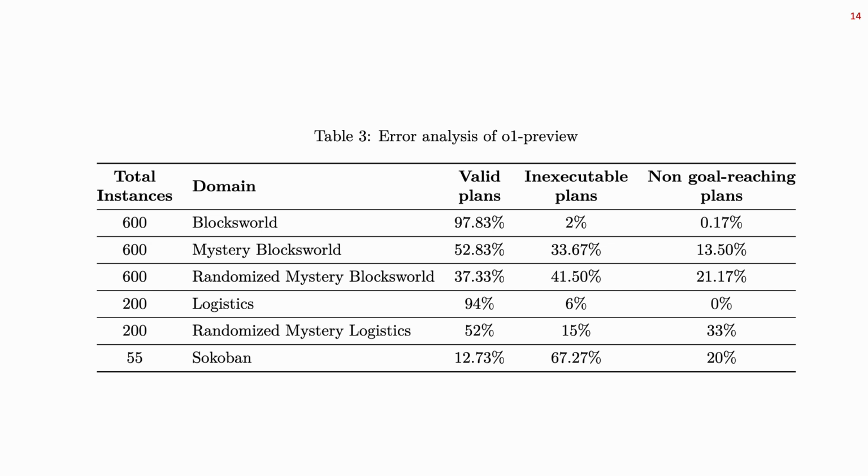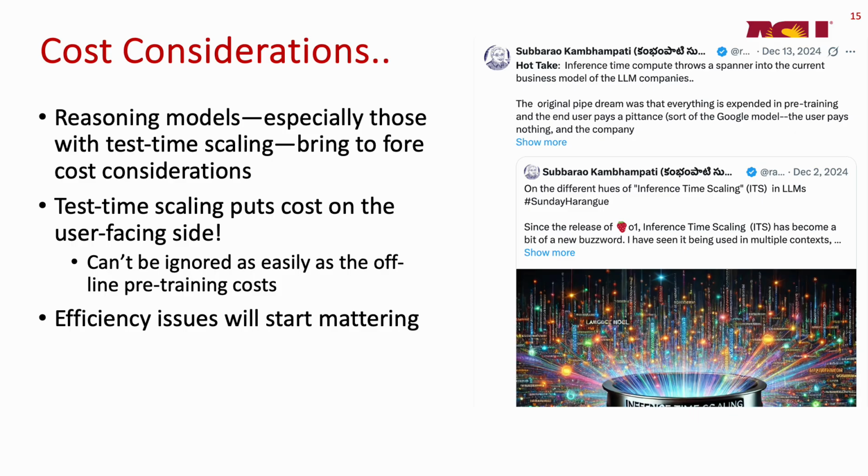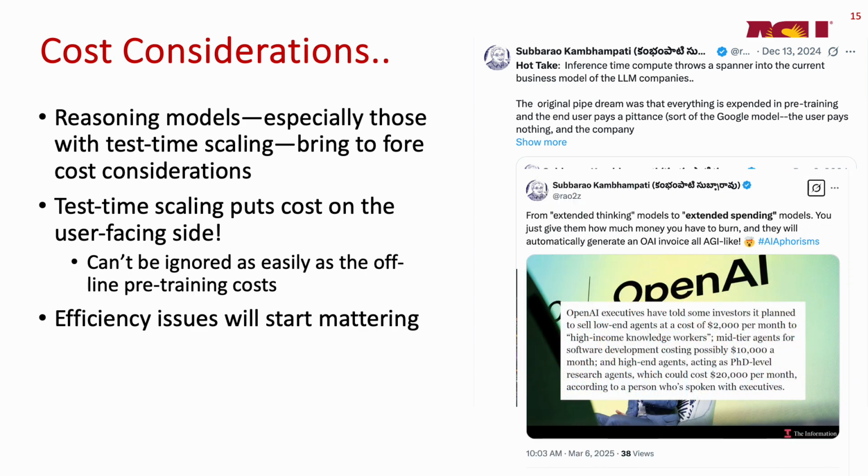It's trying to tell you that your domain is not what you thought it was, and in fact there is a mystery plan that actually can sort of cut down. Okay, and as I said, cost considerations in general at that time looked like a very significant thing. They're still very significant. In general, you have to understand that online computation, nobody likes it, because if you do offline training, it's Sam Altman's problem. If in fact you are paying out of your time or pocket money at the inference time, that actually bites you, and so you are not too happy with that.